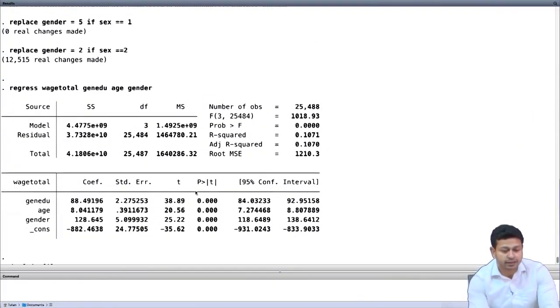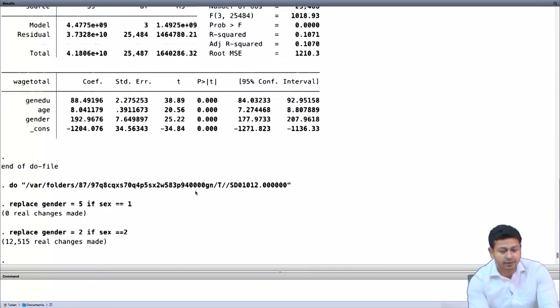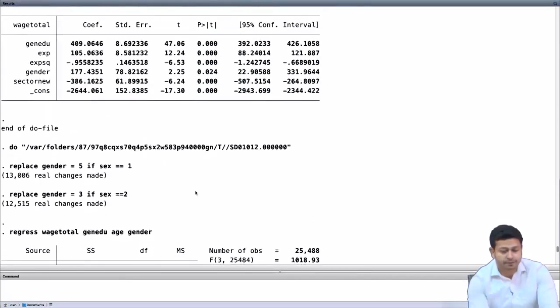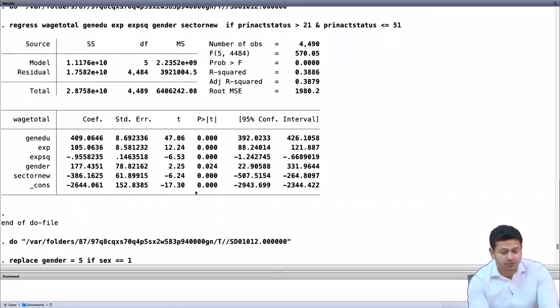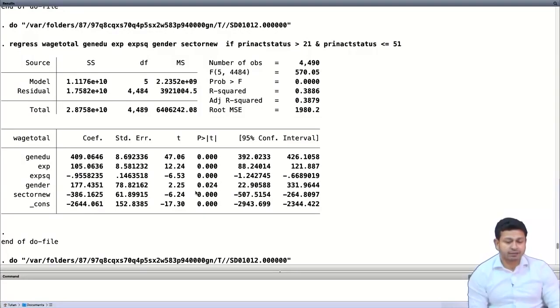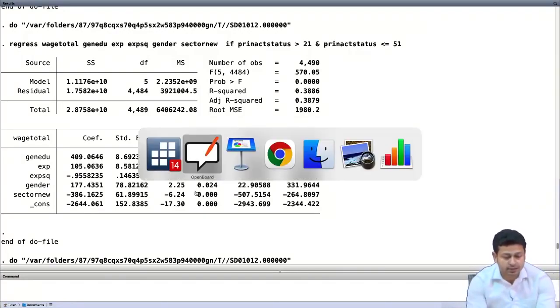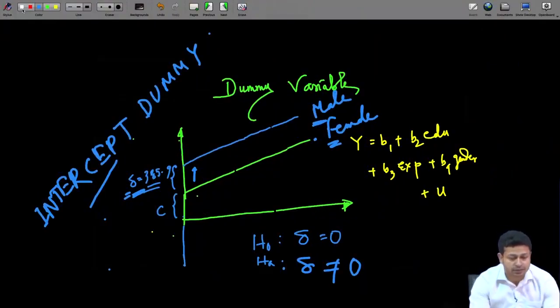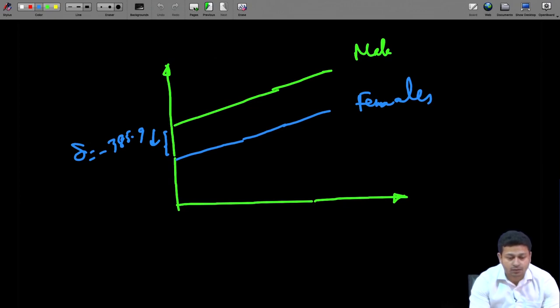If I take the full equation here, where we have used experience square and so forth, how will I write it down? I will write it down as this. So my wage is equal to